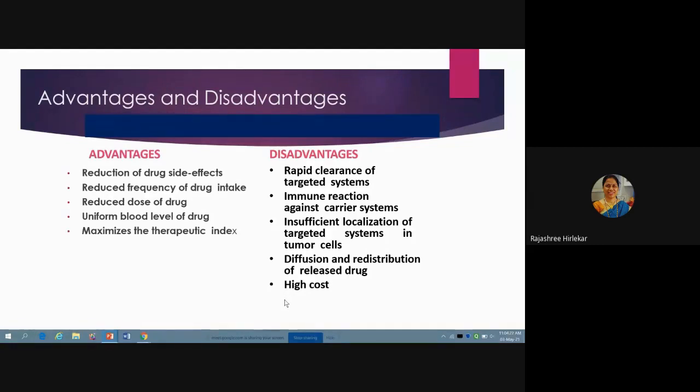And this requires special type of excipient, special technology, and therefore this delivery system will have a higher